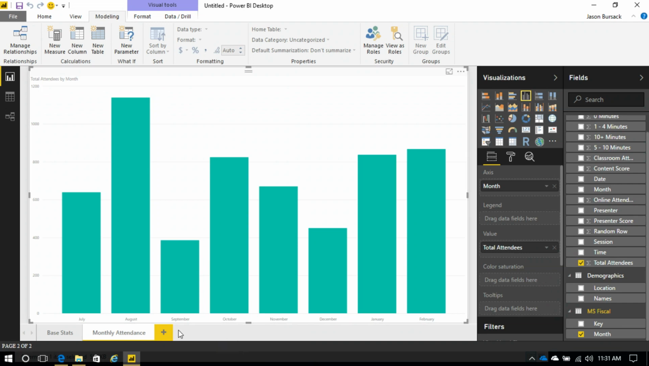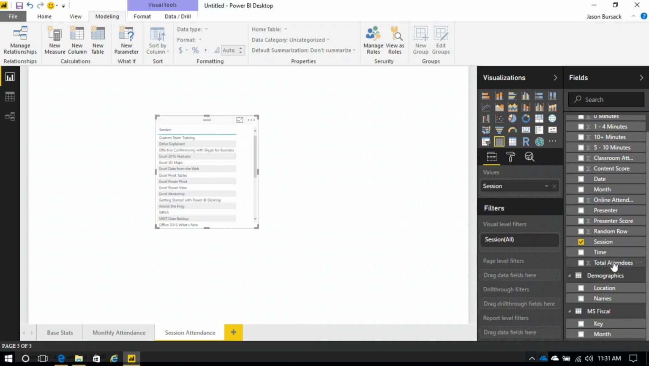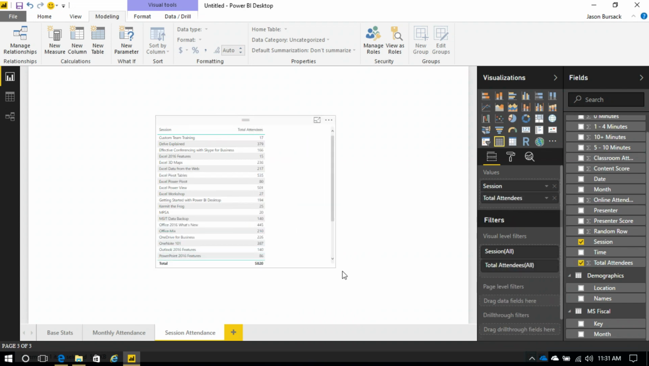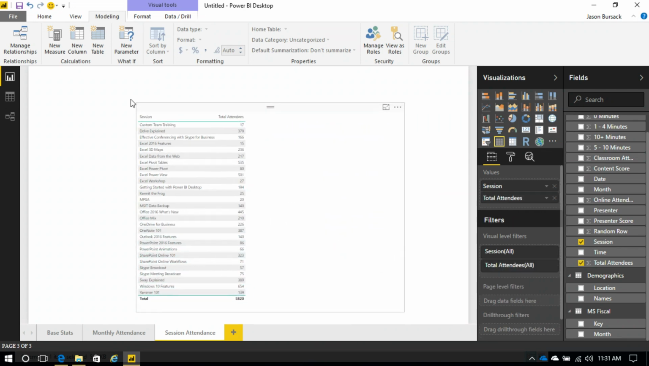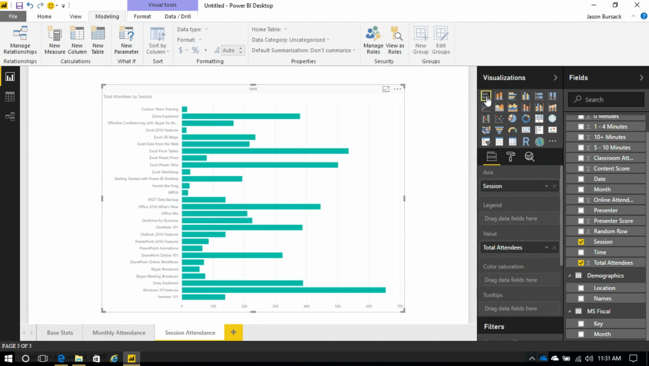Let's make a few more. Let's go on then to maybe session attendance. I'll just right-click and name this page Session Attendance. And then maybe I go, here's the name of the session. And then here's the attendees. So you're really getting an idea as to how this works here. And right now, this decided that a table was the best way to do this. But maybe I would like, you know,